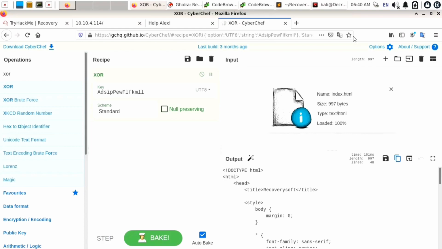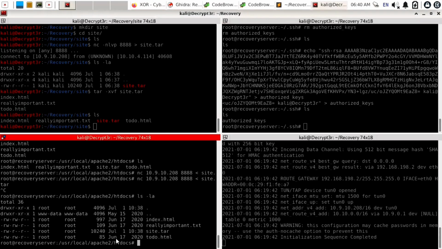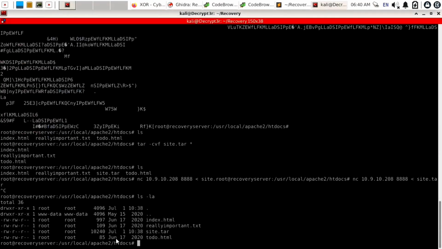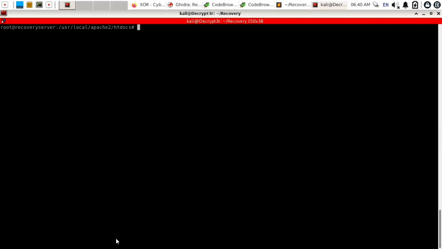So you can just copy this from copy to clipboard option. Extend this window by Ctrl Shift X, use Ctrl L to clear the screen. Just empty the index.html file by using echo single inverted comma, then greater than index.html. So it will nullify our index.html. It will remove everything from this.